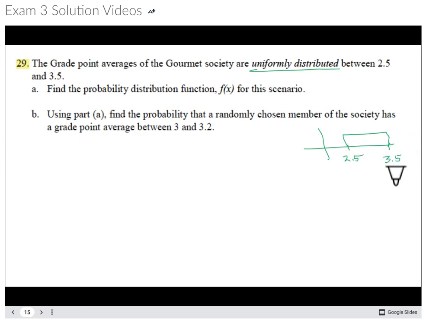So this is it. If you'll remember, the function for this, the probability distribution, is going to be, so this is A to B, right? So we put that down here. And the probability distribution is the probability of being at any given point is 1 over B minus A. That's our